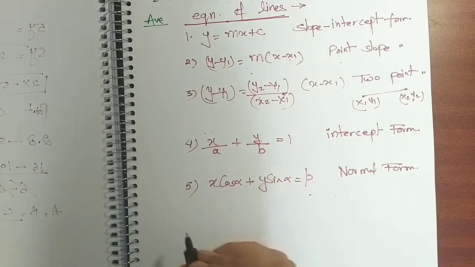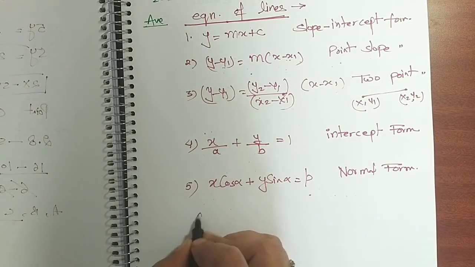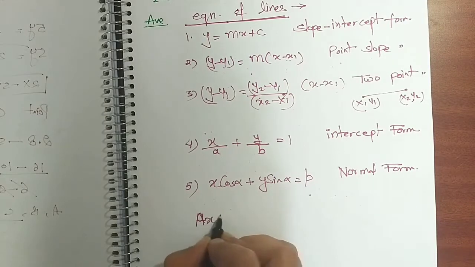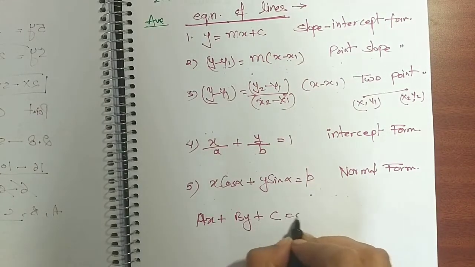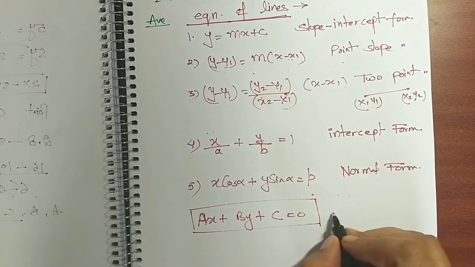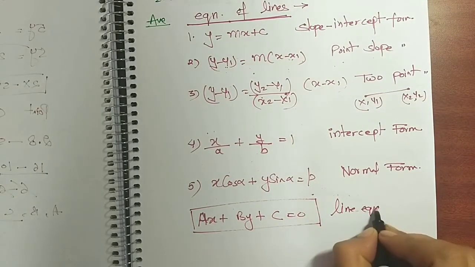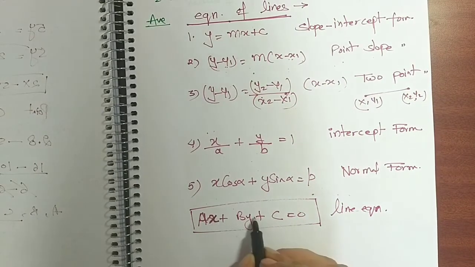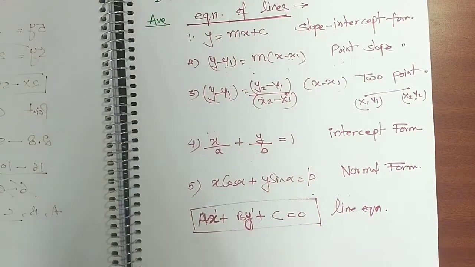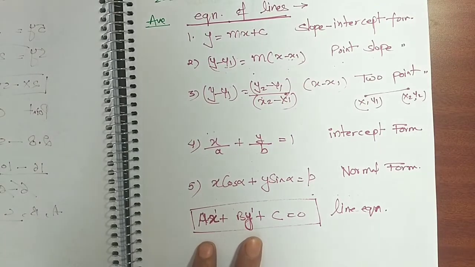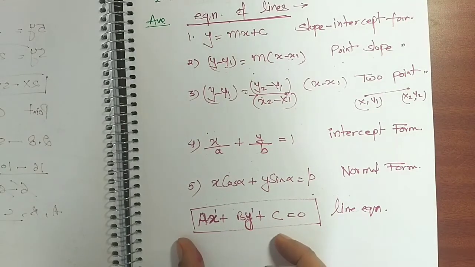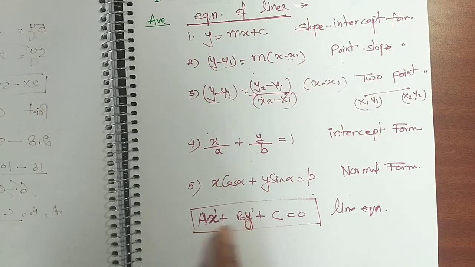So remember one thing guys, any equation which is of this form, ax plus by plus c is equal to 0, this equation is always a line equation where power of x and y are always 1 and 1. Power of x and y cannot be 2 or 3. If their power of x and y are 2 or some other values, then there are chances that it's a circle, a parabola, hyperbola. It will not be a line. तो line की पहचान क्या है guys? कि x and y power should be 1.